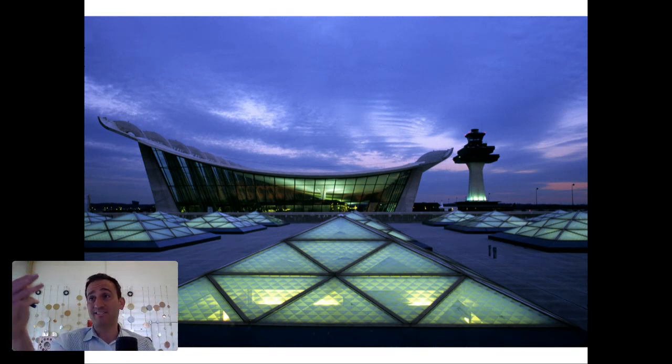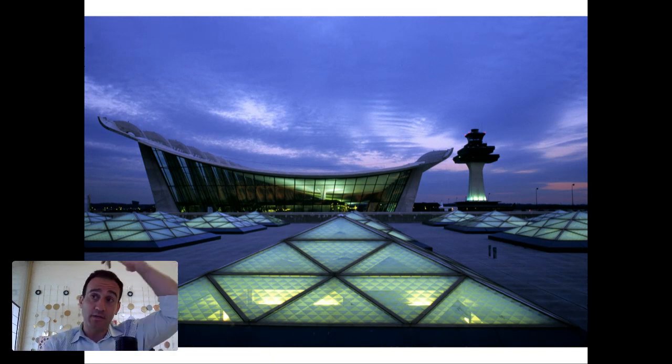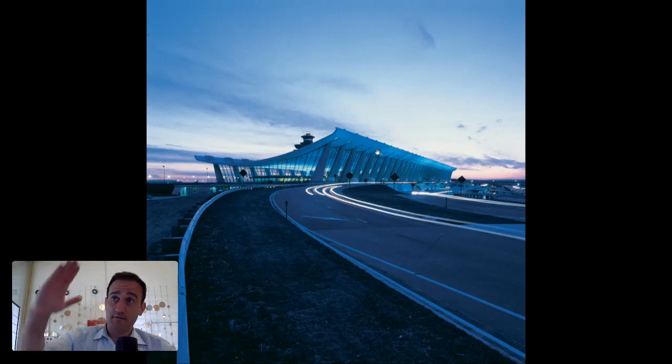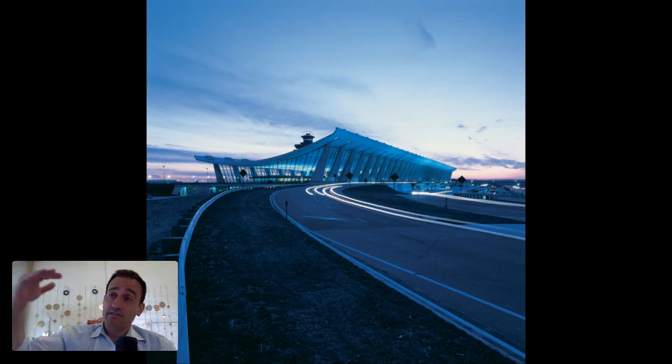And you're looking at basically one of the side, what I would refer to as the gable ends of the building. The front is to your left, and the back where the air tower and the airplanes would be are to your right. So the public approaches from the left and then makes their way to their airplane on the right of that slide. This is looking from the opposite end. So this is the drop-off traffic aisles. It kind of cantilevers, or it has